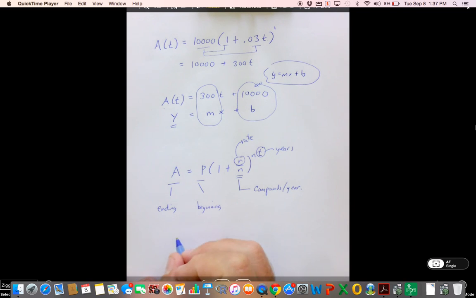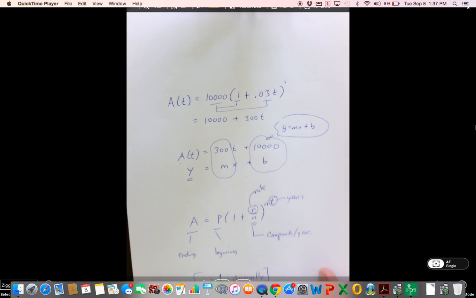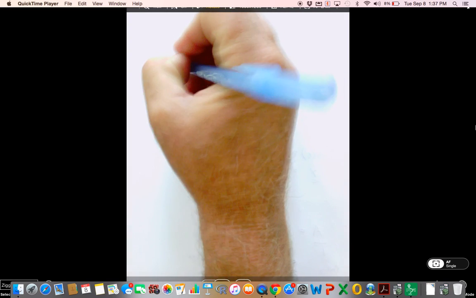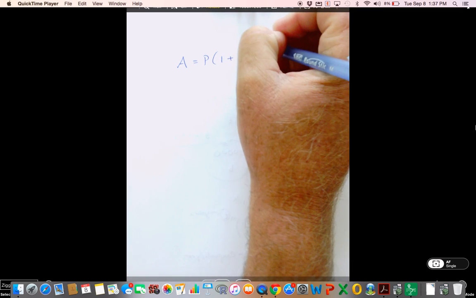So to give you an illustration of this, I want to set, just for us to talk, talk this through, I want to set n equal 1. So we are calculating on one compound per year. So we call that an annually compounded rate. So n equals 1. So guys, when that happens, let me readjust my screen there. When that happens, A equals P times (1 plus R over N) to the NT